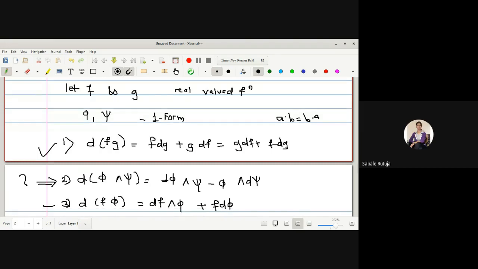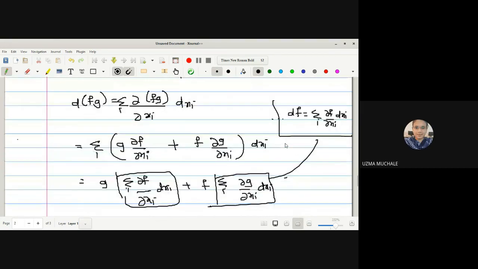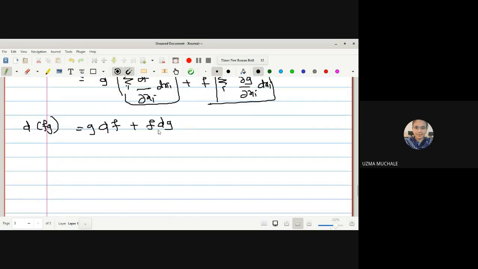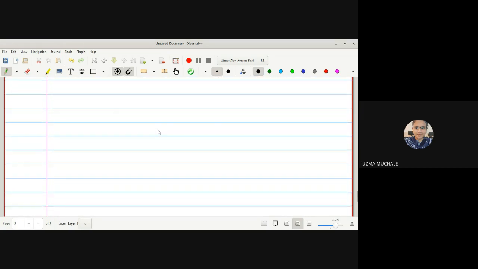Simple. What you have to do is simply take the product f g, and for whatever we have written here, df is, for any real valued function, equal to this summation, and we have to do this for the product of these. Now keep this summation as it is and evaluate the partial derivative. We know how to evaluate the partial derivative of a product of functions, and then the result.